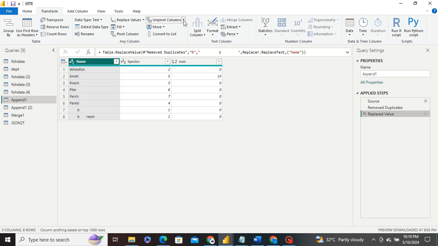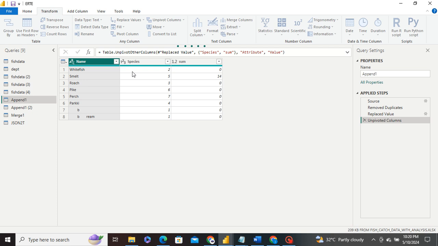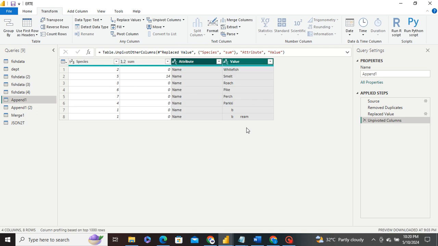Now I am starting with unpivot columns. Unpivot column: this operation takes a single column with multiple attribute columns and transforms it into two columns, one for the attribute names and another for their corresponding values. Then next,